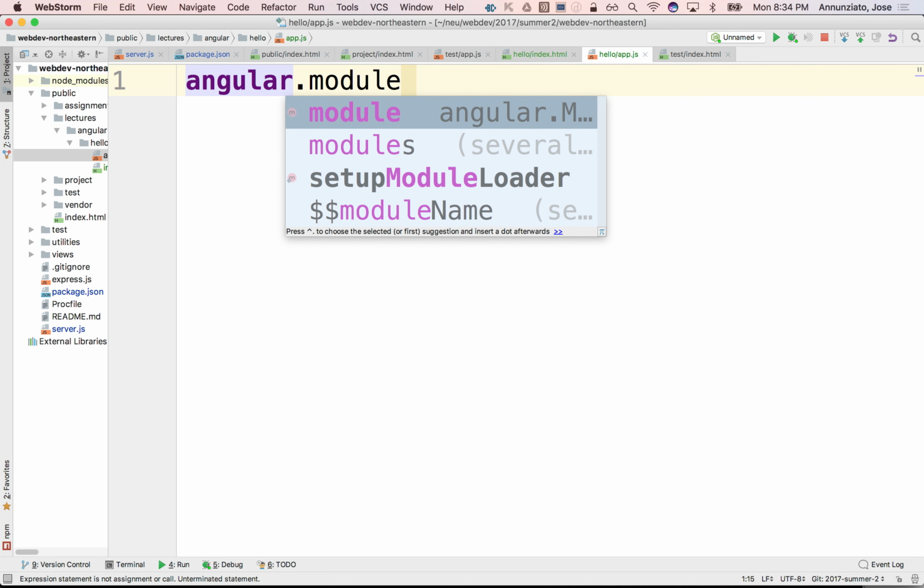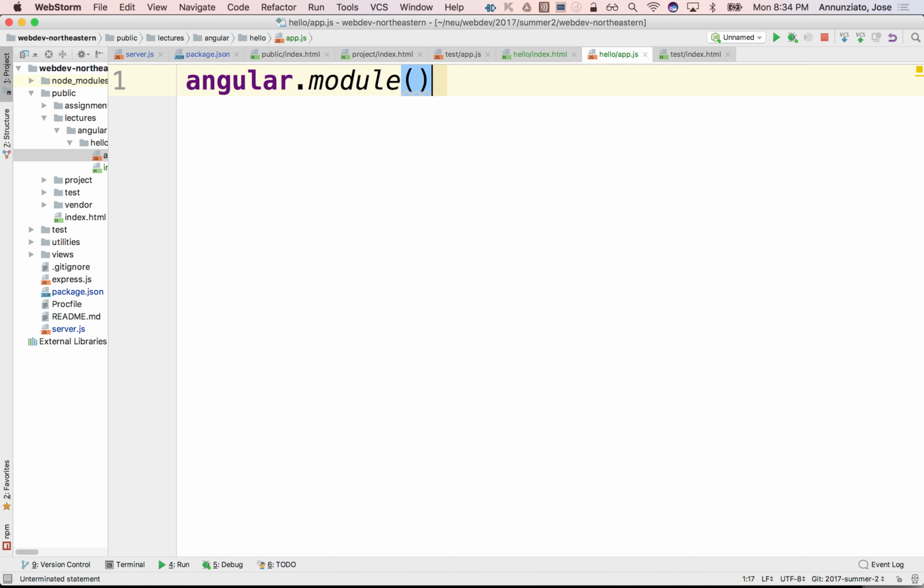And this is a very common pattern in JavaScript in general. They use the same function to behave in both ways, to be able to write, meaning create something, or read something that already exists. It's a very common pattern in JavaScript in general, not about Angular. So the dot module is a function that can take two arguments. If it takes two arguments, it's intended to mean creating a module. It always takes the first argument as the name of the module